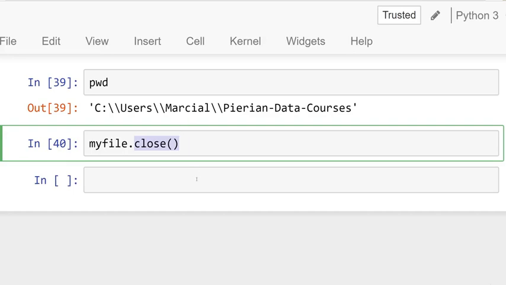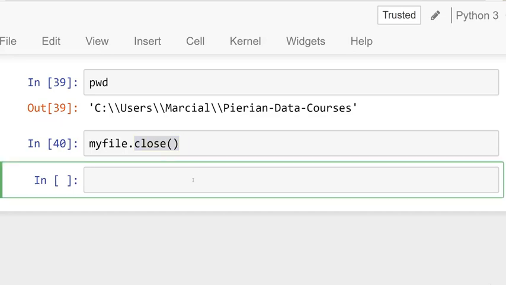To avoid any such errors, what you can do is use the special with statement. And it looks like this. Instead of saying something like this, let's first see the old way, which was my file open test.txt. So that was the old way of doing things. And I believe it was called myfile.txt. What we can do is say with open, and then we'll say as, and then whatever you want to